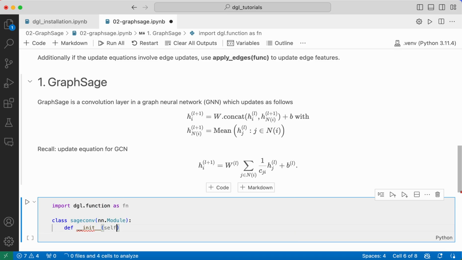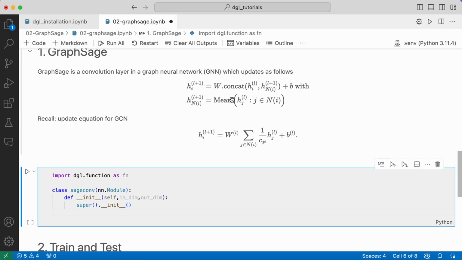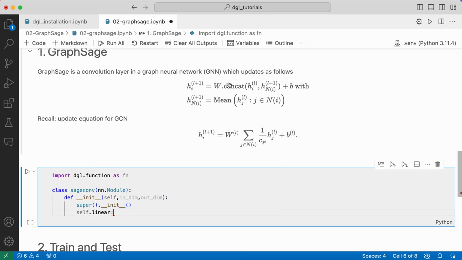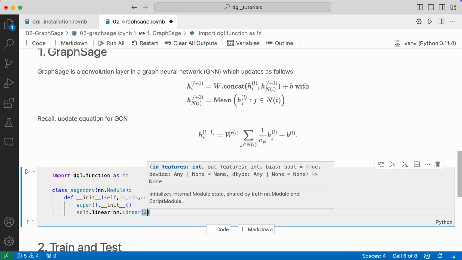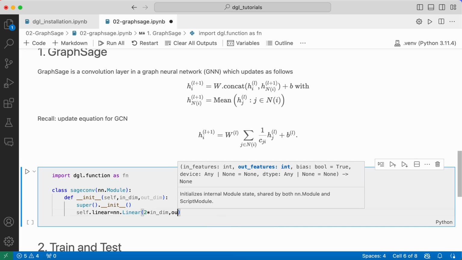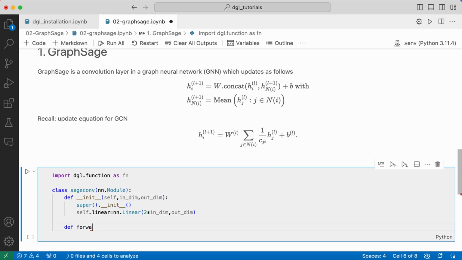We will init with in dimension and out dimension. Note that in this case, I will only need to init the linear layer, which is the linear transformation here, which takes in dimension equal to twice the given in dimension, because we have the concatenations, and out dimension is the same. Now for the forward pass, we need to take in the input graph G and the